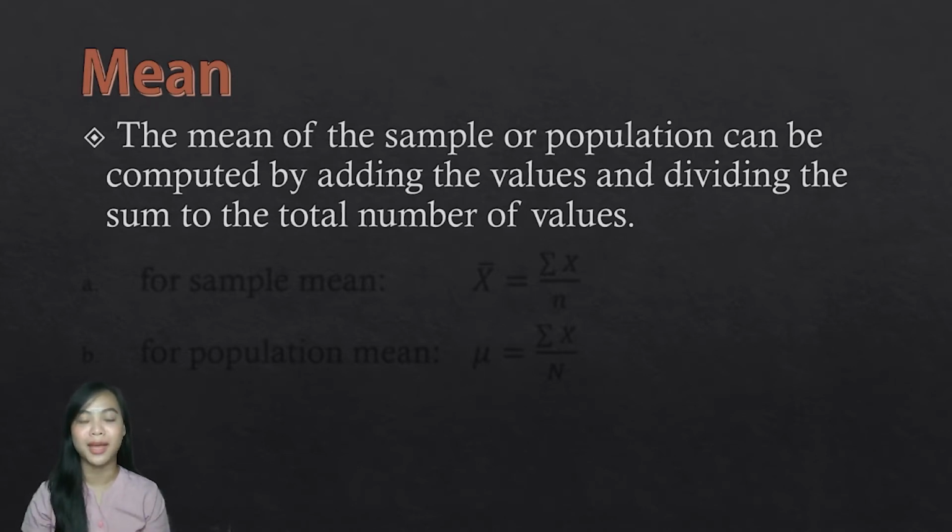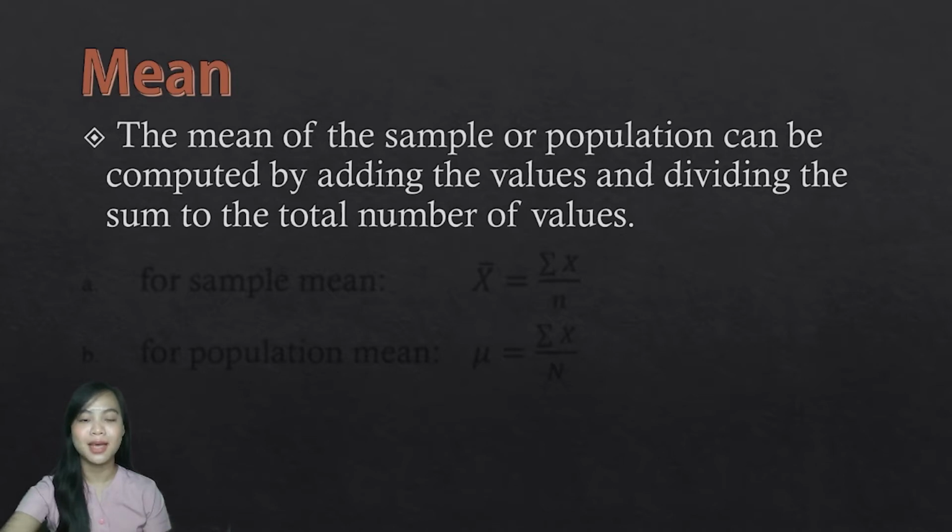We have two types, the sample mean and the population mean. So why do we have two? From a population, we have what is called a sample,